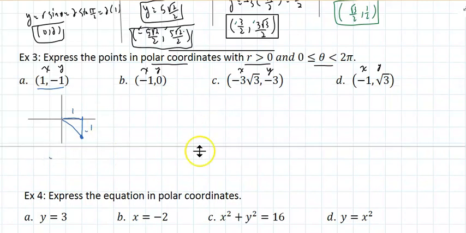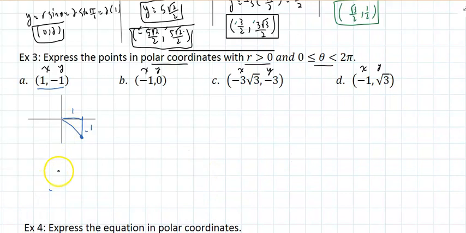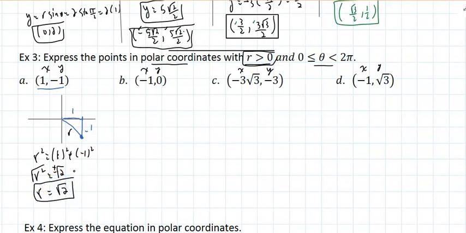I'm going to give myself more space so I could work easier. So r squared equals x squared plus y squared. R squared equals 2. So when I square root, remember, in polar land, r could be positive or negative. In this case, I'm going to say r equals plus or minus. I'm keeping it simple by saying let r be positive, so I want the radical 2. This way it really matches my